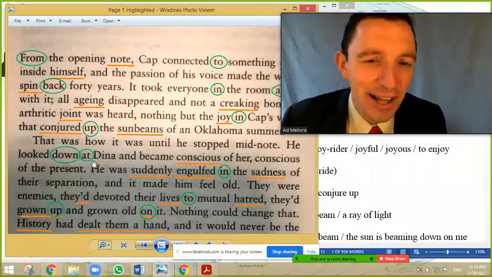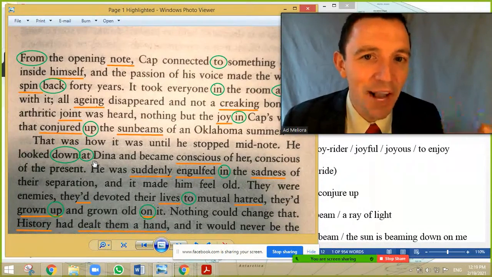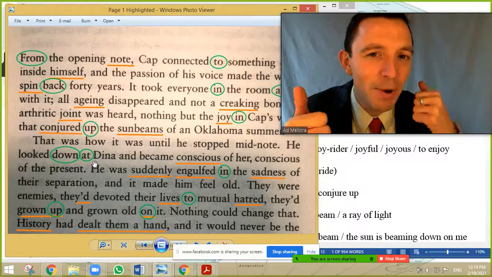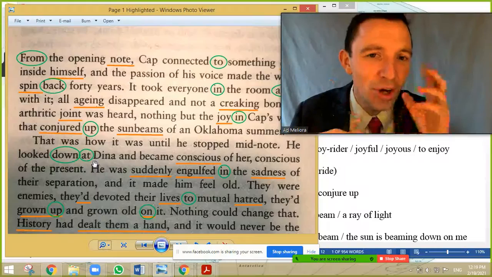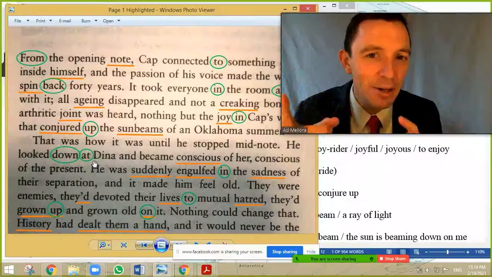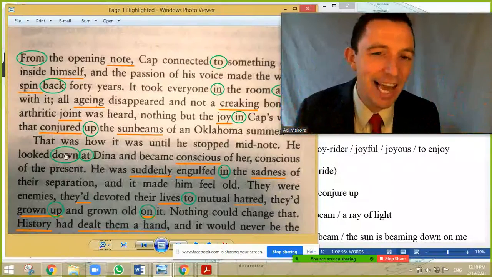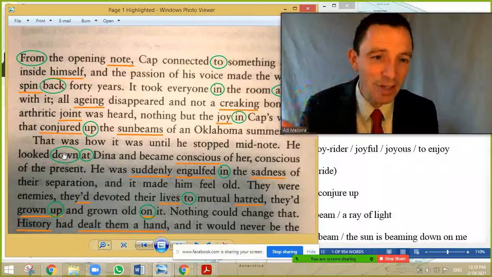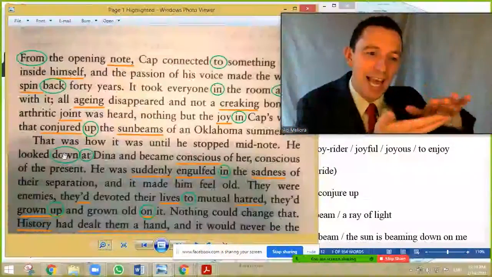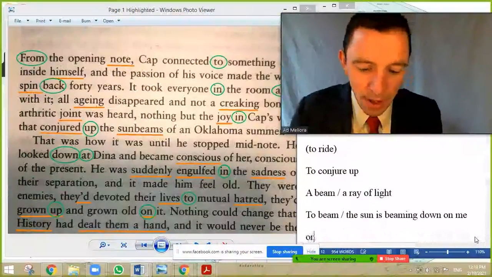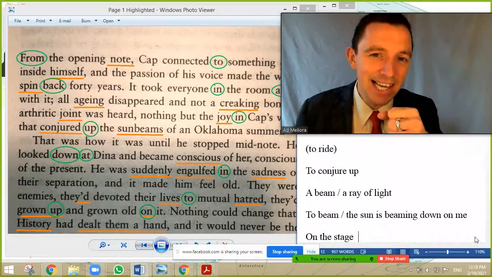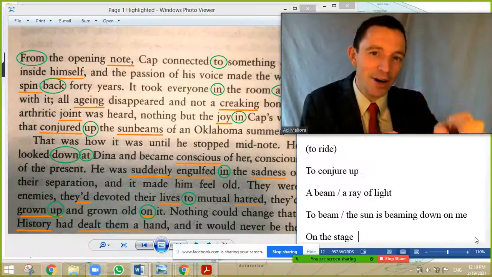Okay. The next one, he looked down at. So this is literal. So remember my explanation for the phrasal verb. It's possible literal, and it's possible a second significance. And this is an example of one phrasal verb, to look down, and it's literal, but there is a second significance, and in this case it's literal. So physically he looked down at Dina. He is on the stage. So the stage in Spanish is scenario. On the stage. So he is singing on the stage, and he looked down at Dina.